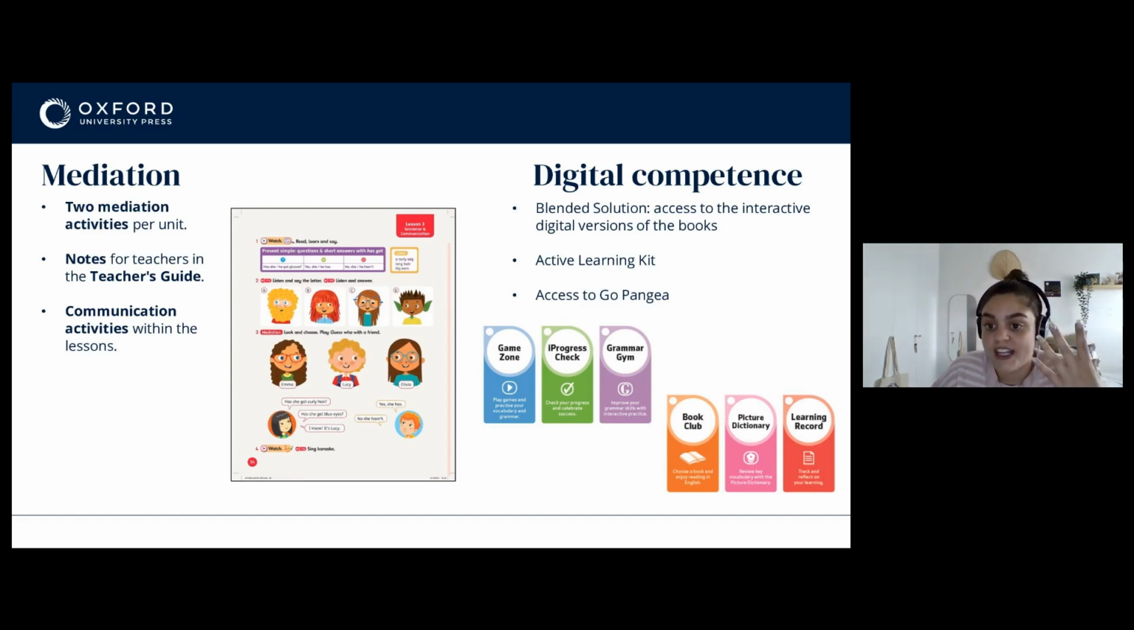Another very important aspect of the LOMLOE is digital competence, which I think, especially since the pandemic, we've realized that digital resources have been more and more present in our daily lives. And I think it is key that students are familiar with them and know how to use them in their daily lives, right? To prepare them, we have